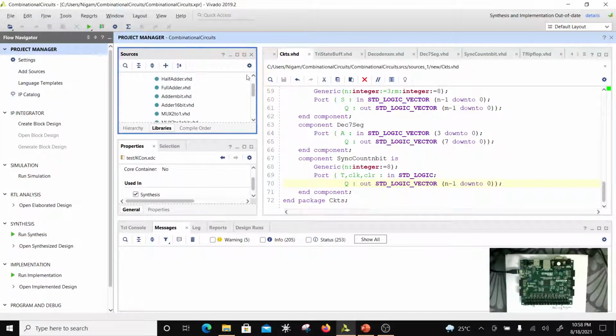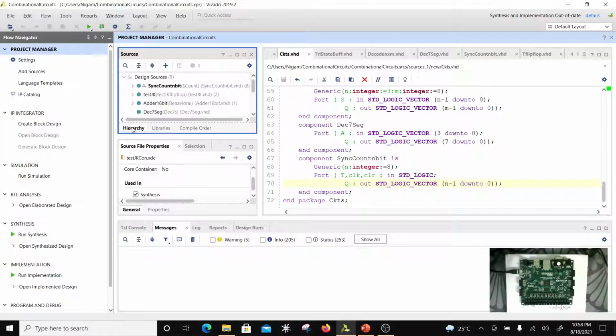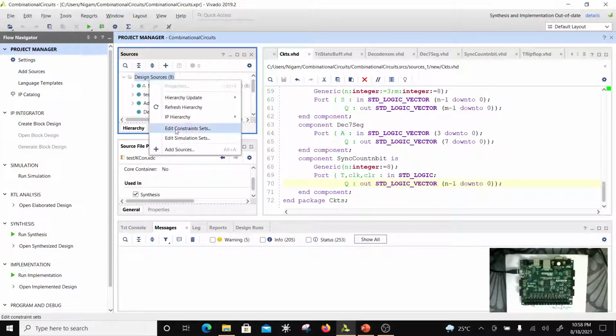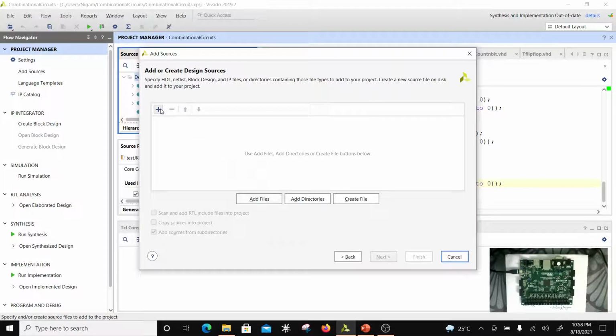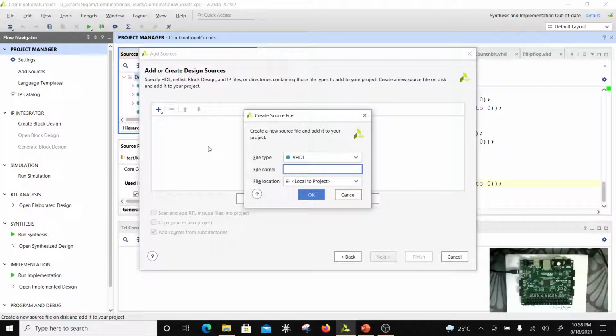Now I want to create a new code which is going to create the entire thing. All you have to do is give it a word, okay, and it is going to do the job, right? Okay, so let's do that. So I want to add a source and say create a file